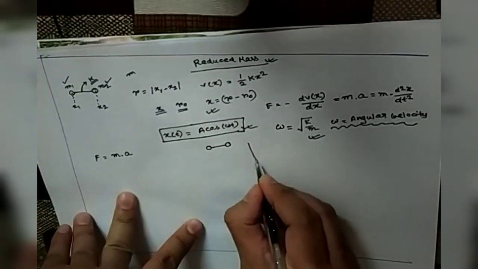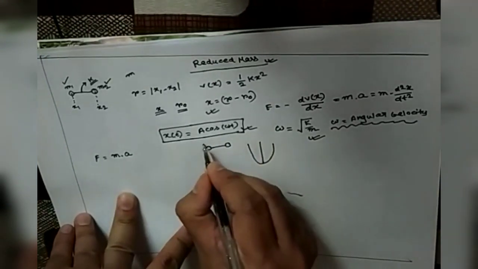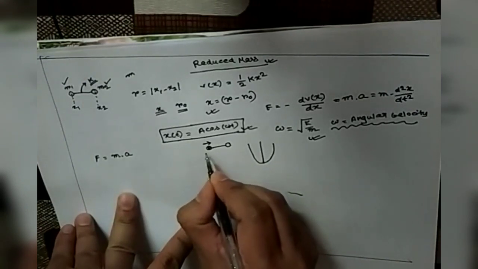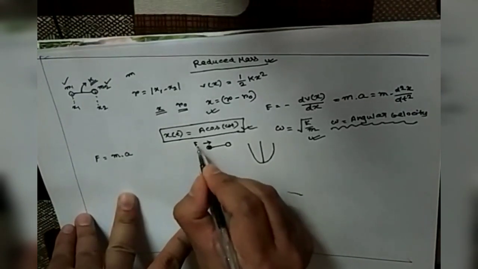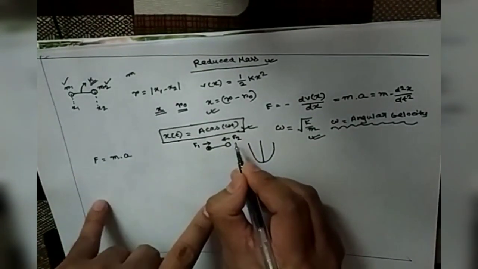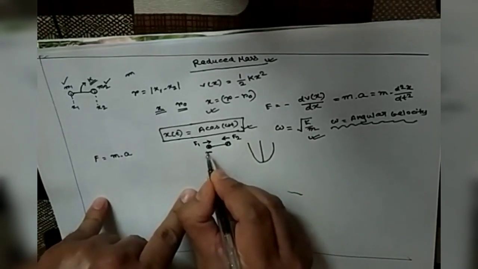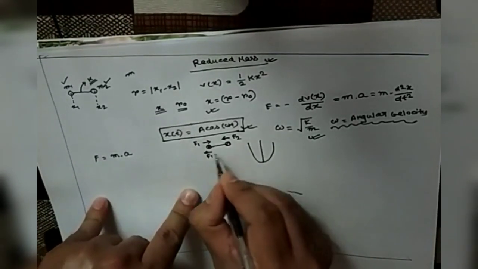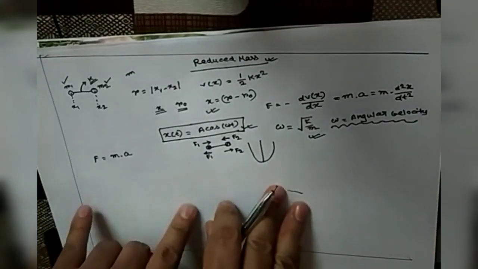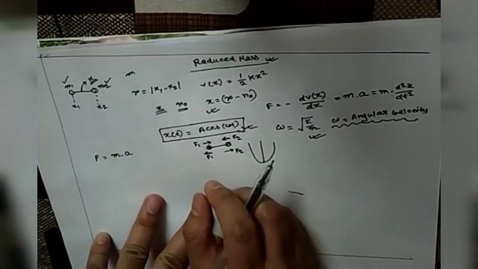Okay, in the harmonic oscillator model system, there are two atoms. So the force acting on this atom will be like this, F1, and the force on this atom will be like this, F2. In case these two atoms are compressed, or if these two atoms are stretched out, then the force will be acting like this for this atom, and like this for this atom. So you can see that the directions of the force for these two atoms are opposite to each other.